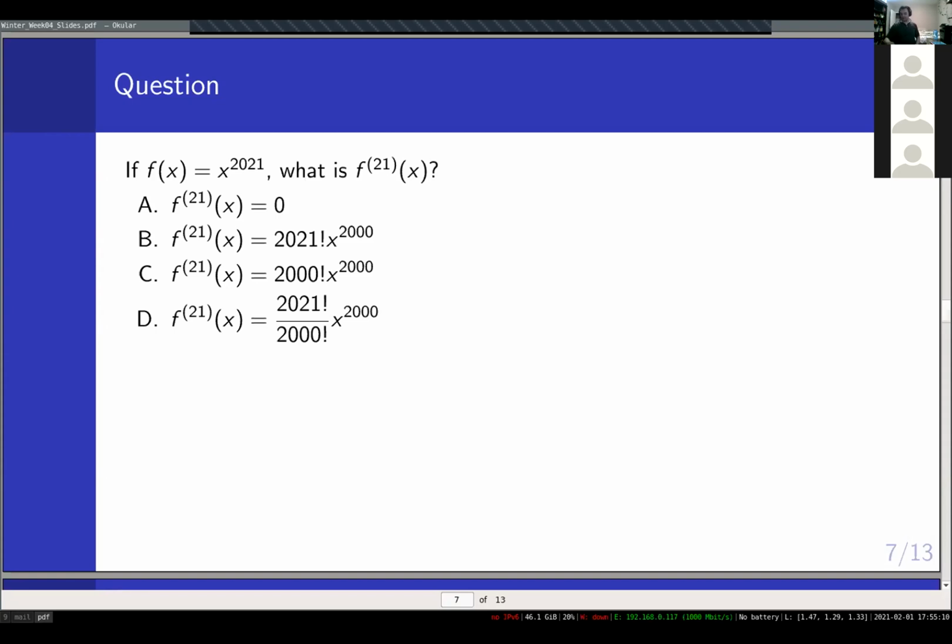Yeah, I mean, if you really want to do it 21 times, you absolutely can. But you could imagine that I'd ask you to do this 2,000 times. And then if you want to waste a good chunk of your exam actually computing the 2,000th derivative, but try computing, exactly. Try computing the second derivative, the third derivative, the fourth derivative. See if you can see a pattern and use that in order to figure out what the 21st derivative should